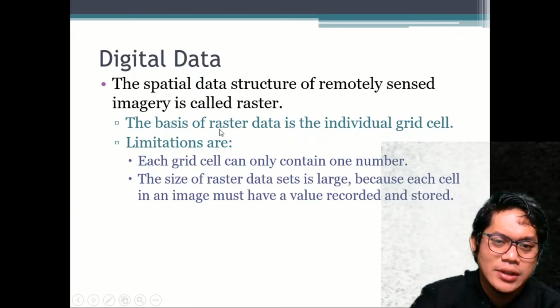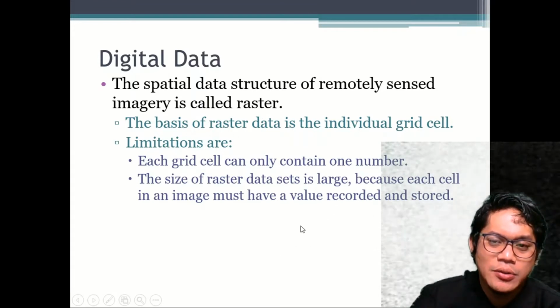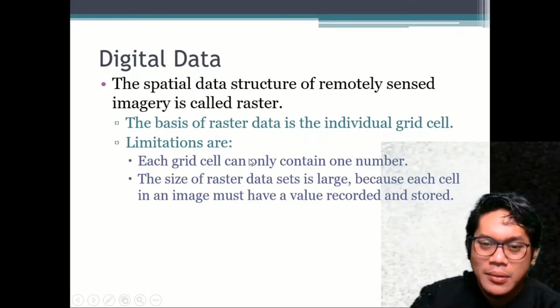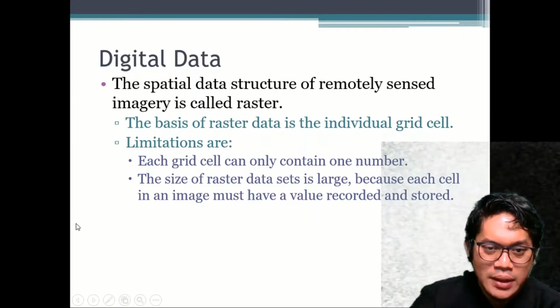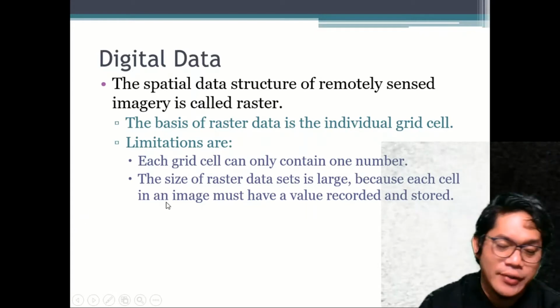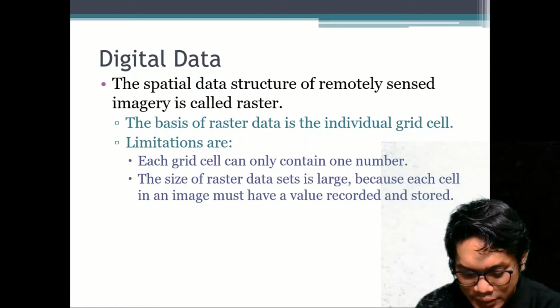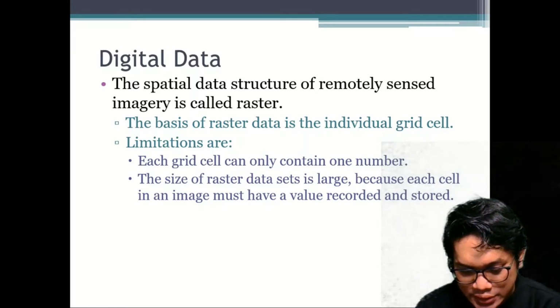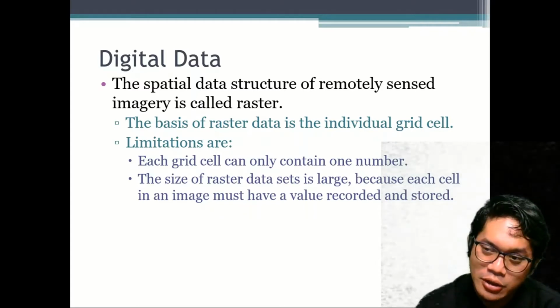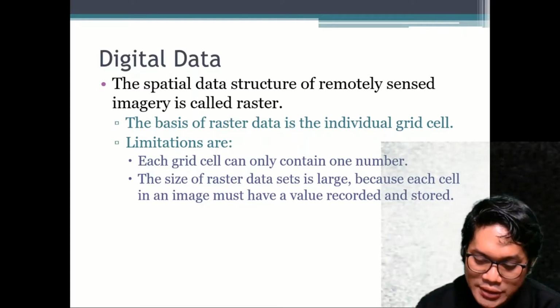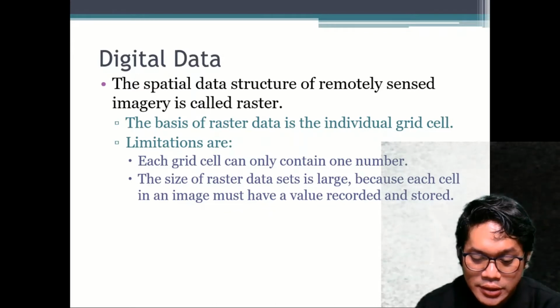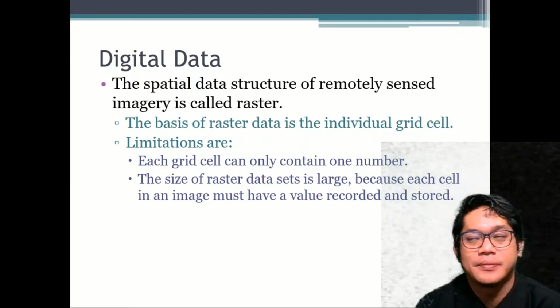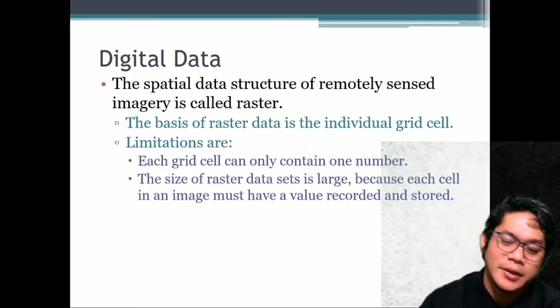In raster data, every individual grid cell has its own data, containing only one number, and the data is very big. For your information, one Landsat 8 satellite image of about 100 by 100 square kilometers is about 1 gigabyte of data. Okay,